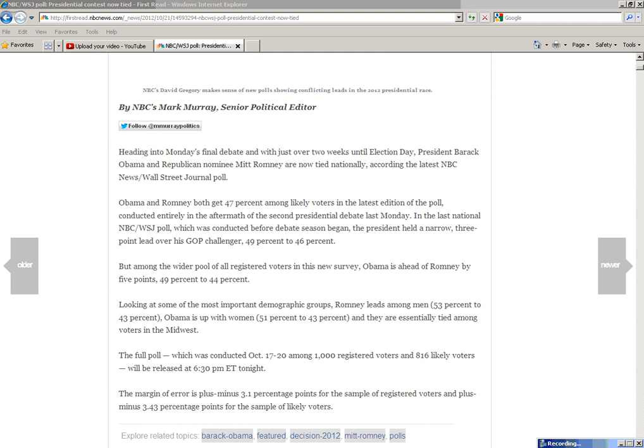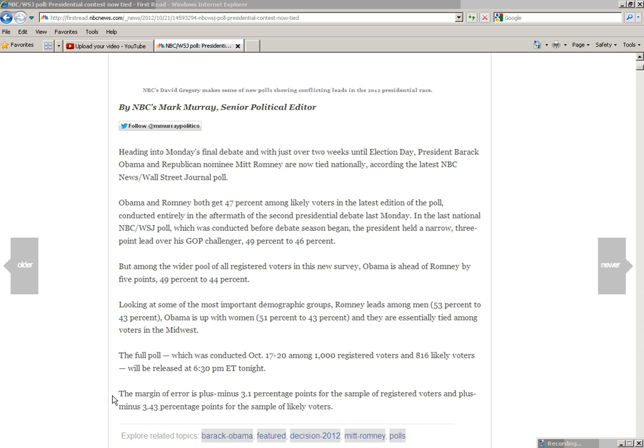Okay, so if we look at this poll going down to the bottom here, it tells you that they both are receiving 47% among likely voters. Then it tells you that they surveyed 1,000 registered voters, of whom they deemed 816 of them to be likely voters. And they tell you that the margin of error